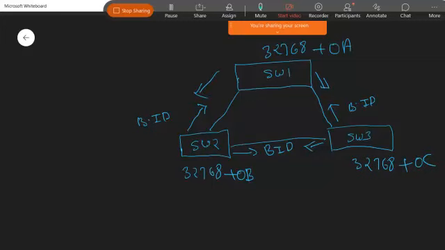So now every switch has all the information regarding their neighbors and the other switches. So they will just check it. Once this switch and this switch receive the BPDU, they will check that this one has the lowest bridge ID, so it is going to start electing itself as the root bridge.